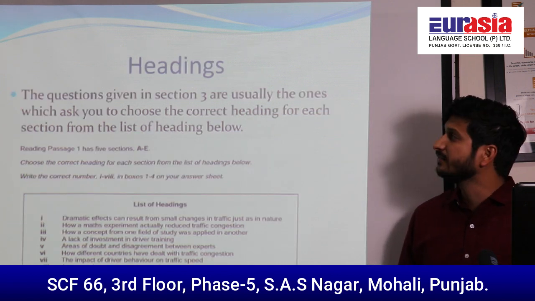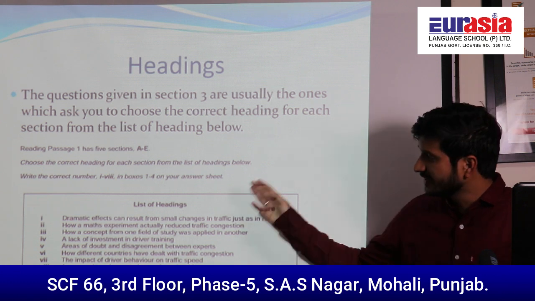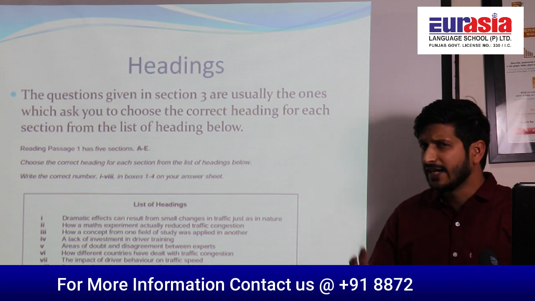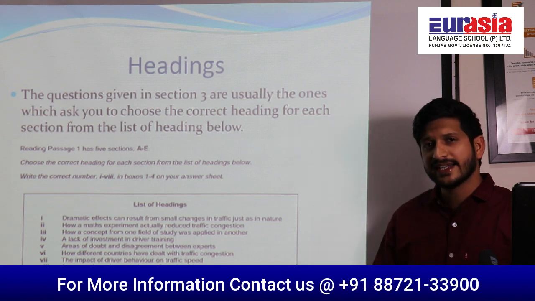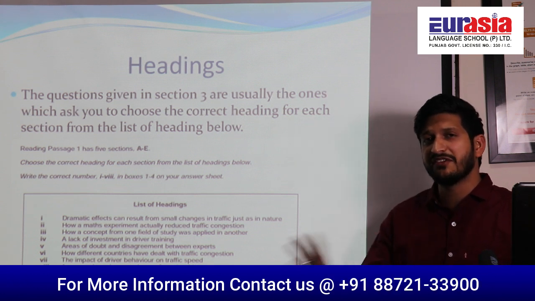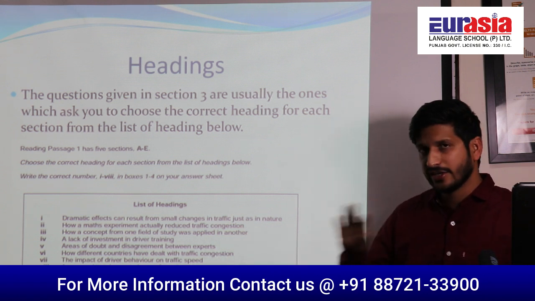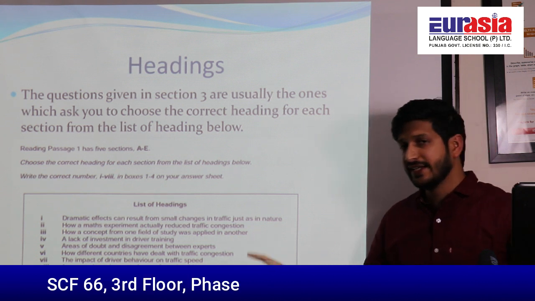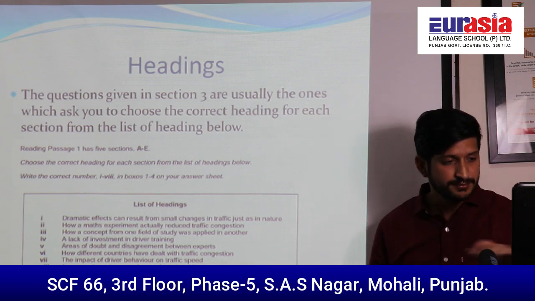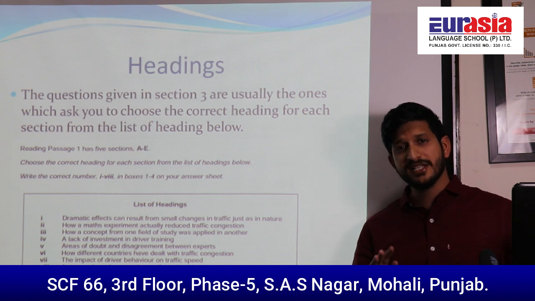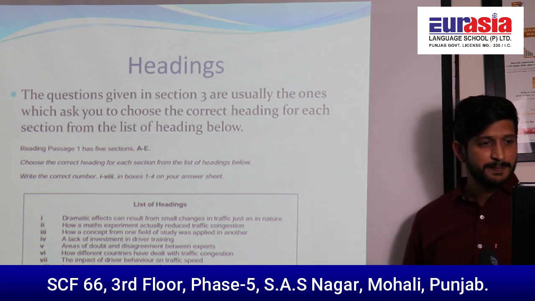Now coming to the part where the headings are given, such as a list of some 8 to 10 headings, and a paragraph or an article is given to you. Now you have to decide for every paragraph there is a heading. You have to choose a heading there. So how to do that? There are a few tricks, a few experiences I am going to share with you. Please pay attention to this.